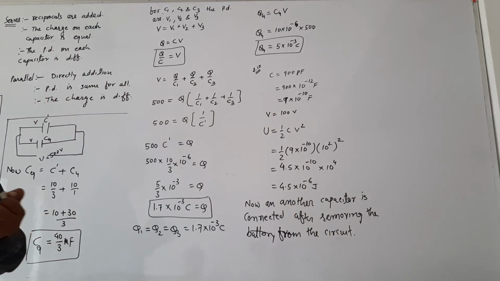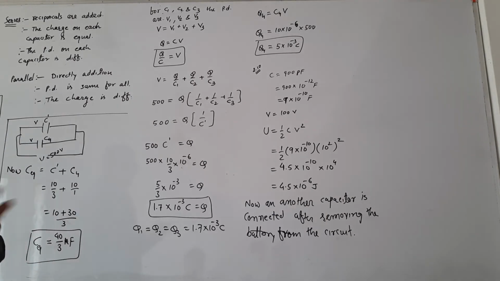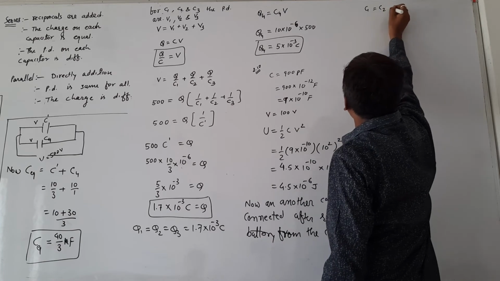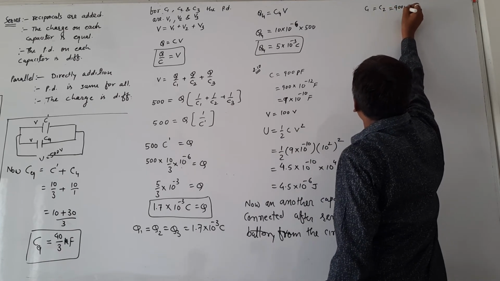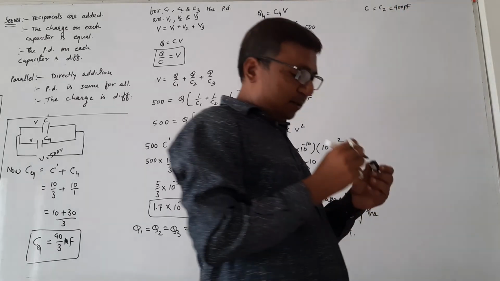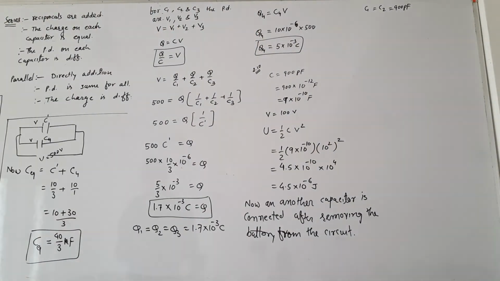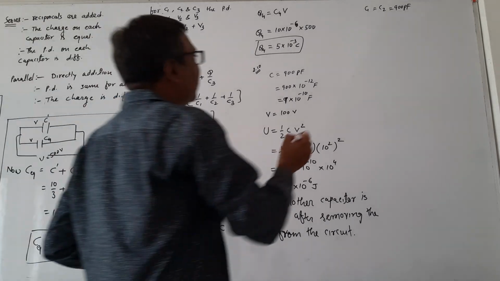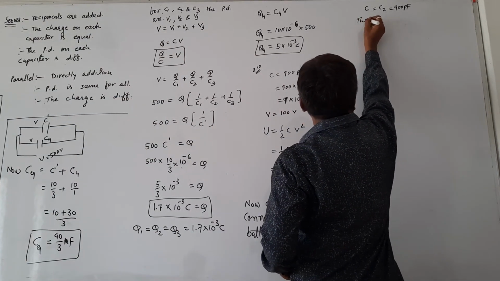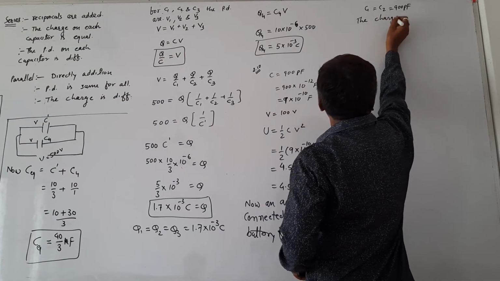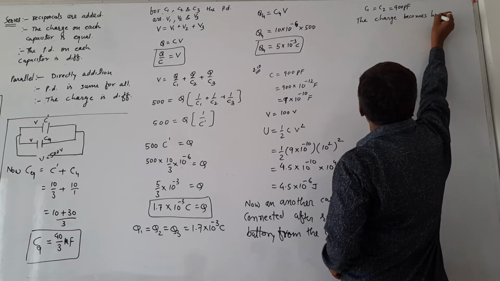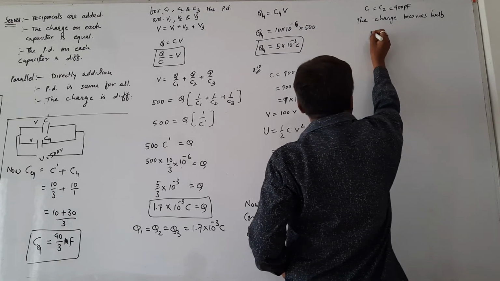So what will happen? The charge, both are same. Here C1 is equal to C2 is equal to 900 picofarad. So both capacitances are the same. So the charge becomes half. The charge becomes half. So original charge